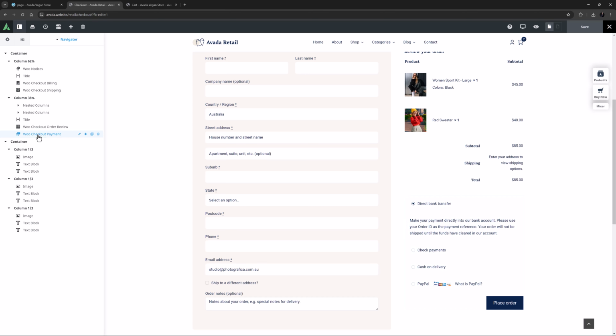Using these 4 Woo Checkout elements recreates the functionality of a one-page checkout. Alternatively, you could use the Woo Checkout Tabs element, which has all the same functionality in one element and basically reproduces the default checkout process. For more information on the checkout design elements, see the How to Build a Custom Checkout with Avada and WooCommerce